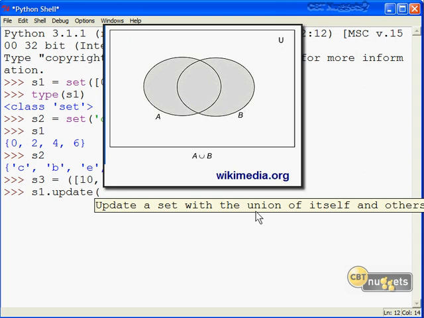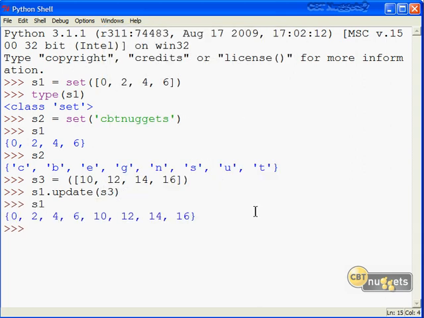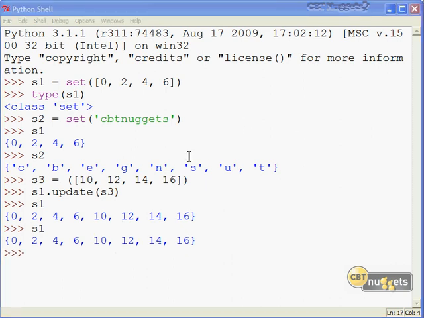In this case, why don't I do an update with S3, the one I just made? And if I echo back S1 now, you'll note that we've unioned the original members of S1, 0, 2, 4, 6, to set 3, 10, 12, 14, 16. Now, of course, you're thinking to yourself, wow, I thought that set members are immutable. That's true. What we're simply doing is taking the S1 name and redirecting it to a new object in memory,